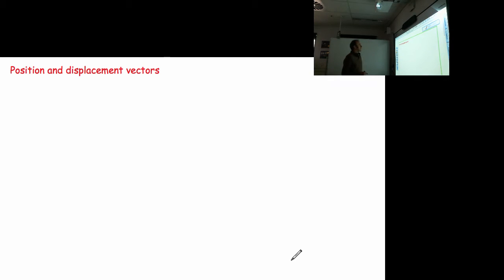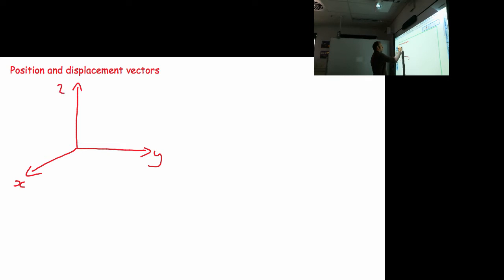Okay, so what we want to look at here is the position vector and the displacement vector. So what I want to do is set up our coordinate system again, which again is the Cartesian coordinate system. So I'm going to draw my three axes. So here we have x, y, and z. And what we want to do is to specify a vector from the origin to some point at